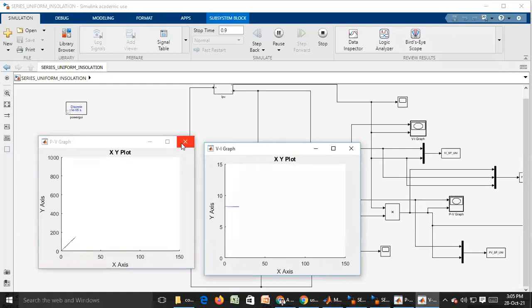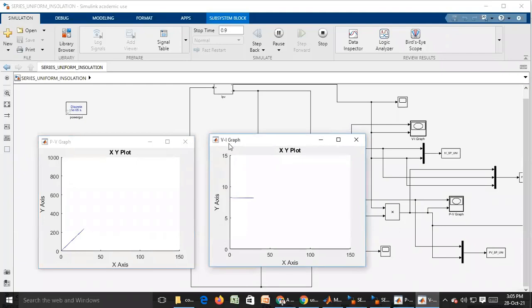So the 4 modules are connected in series during uniform irradiance conditions.